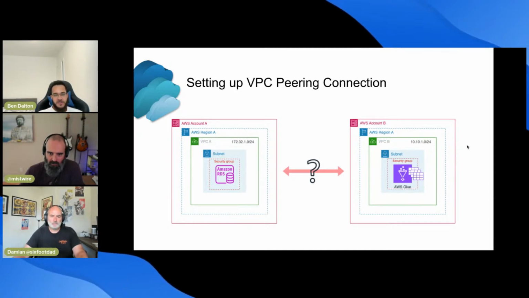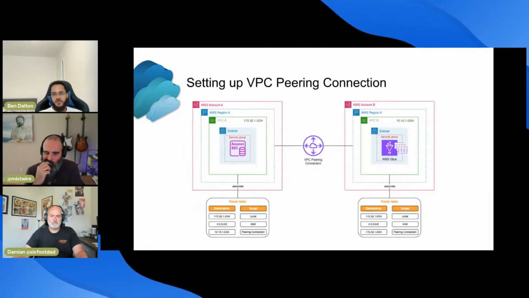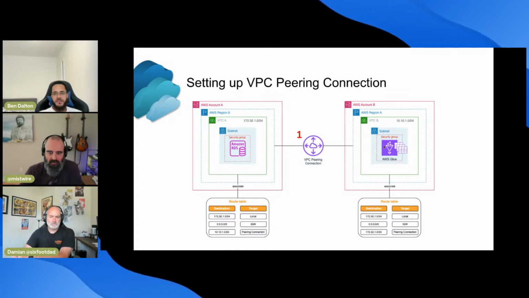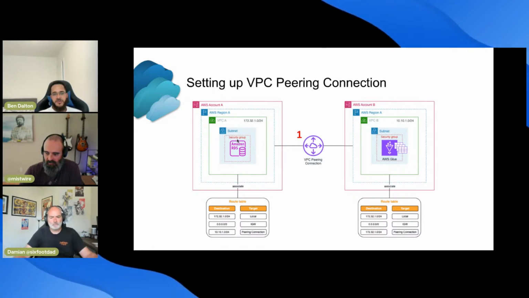We solved this by setting up a VPC peering connection, and I'll now walk you through the steps you would do to set up a working peering connection. In this scenario, we have VPC B on the right, which is our AWS account, and VPC A on the left, which was the other account's VPC, and the data existed in this RDS database on the left.